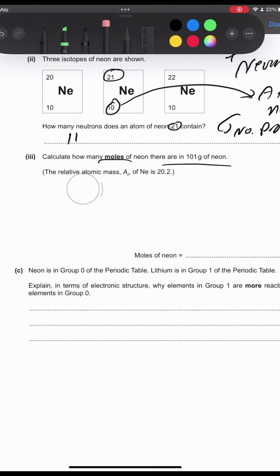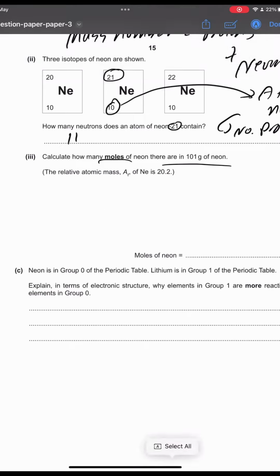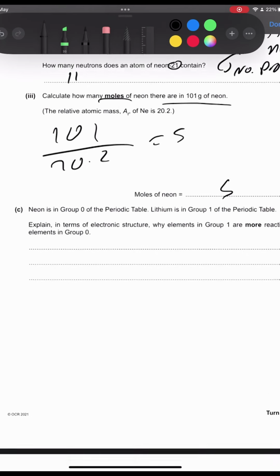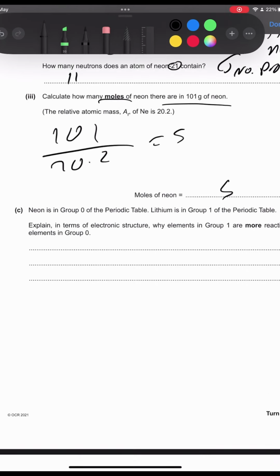Okay, now we're on I. No, I. Two I's. Caramba. Alright, so how many neutrons does an atom of neon-21 contain? So this is neon-21. Now we know that 21 on the top, that's going to be your mass number. What's the mass number? Mass number